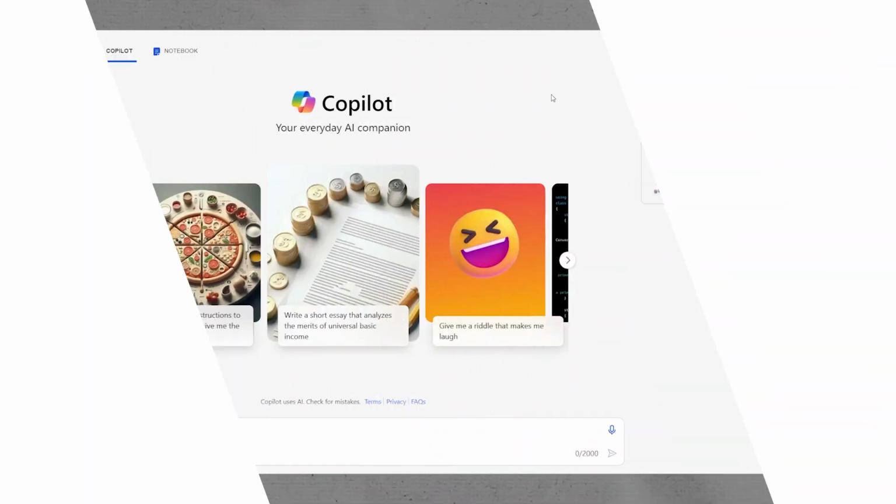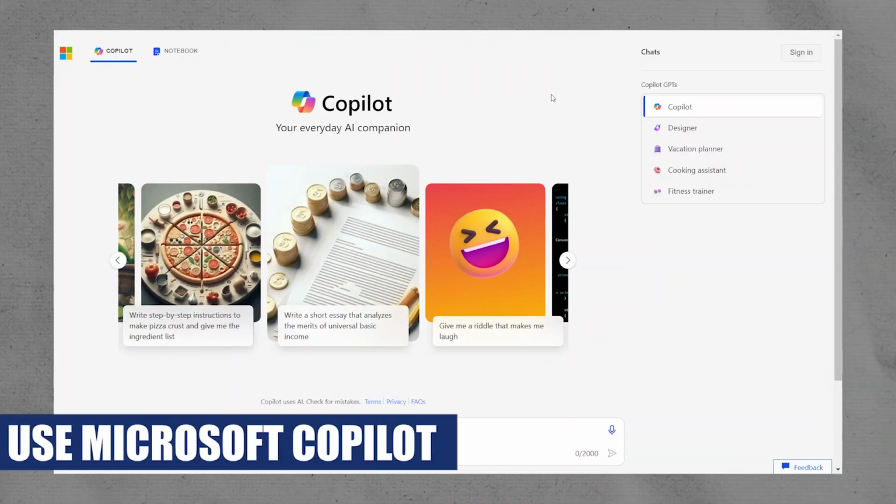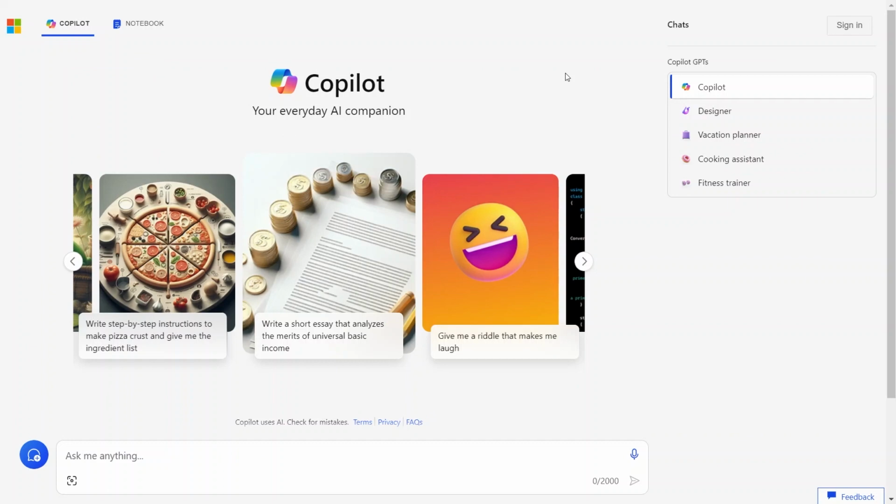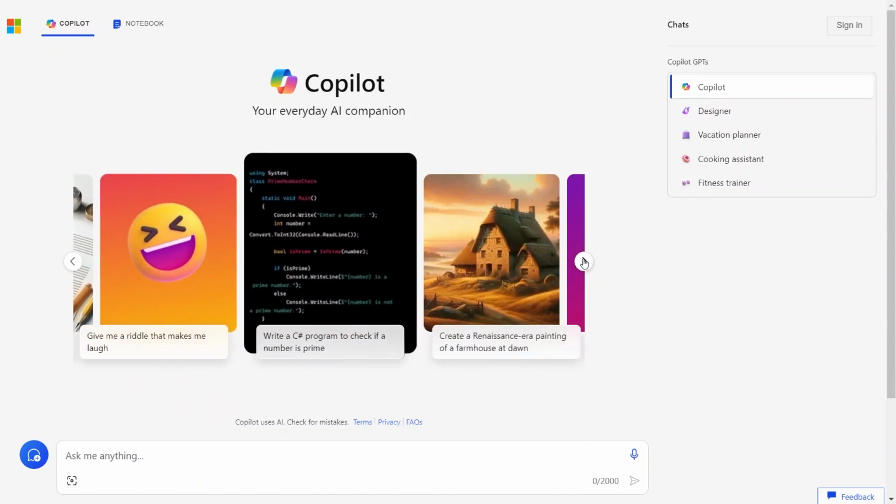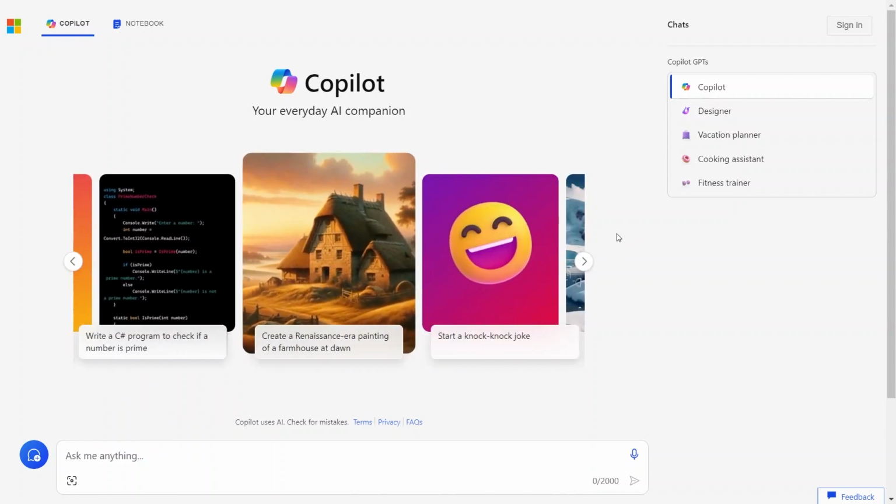Hey everyone, I am Bryce, and today I am going to explain to you how to use Microsoft Copilot. Microsoft Copilot is available to offer precisely what you might require. Whether it is related to writing, creating, conversing, shopping, arranging, traveling, or coding, Copilot is versatile enough to address all